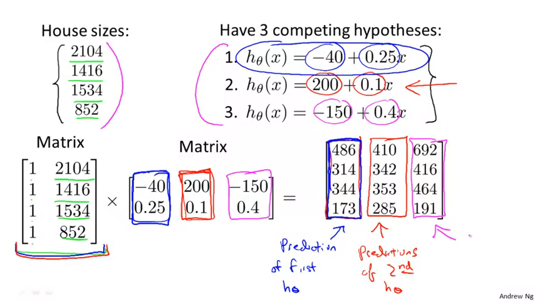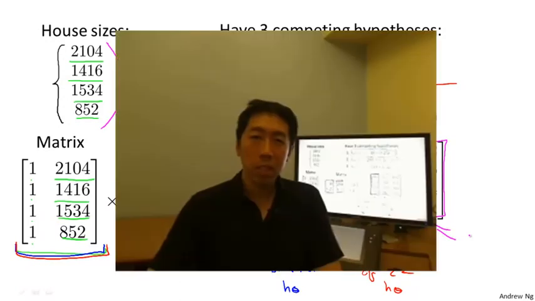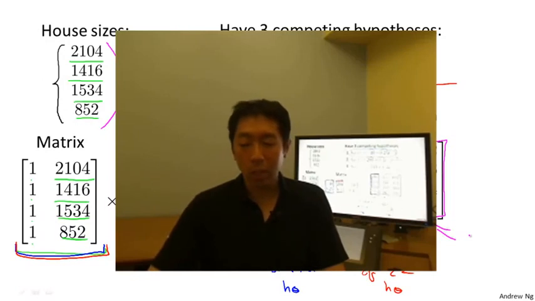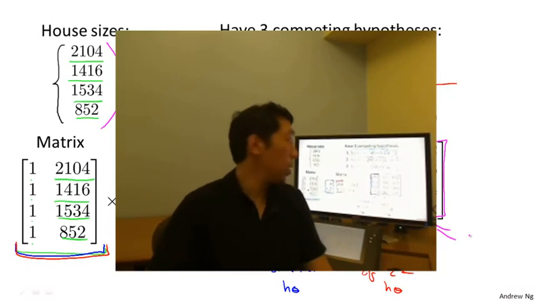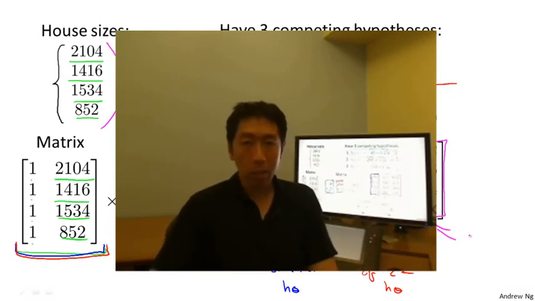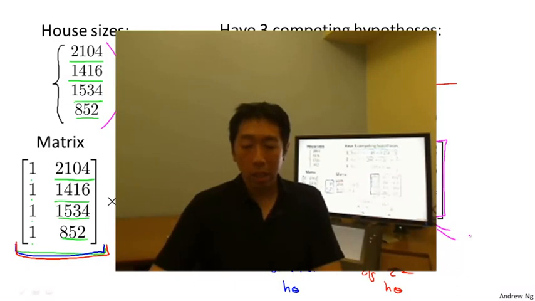And even better, it turns out that in order to do that matrix multiplication, there are lots of good linear algebra libraries in order to do this multiplication step for you. And pretty much any reasonable programming language that you might be using, certainly all the top 10 most popular programming languages, will have great linear algebra libraries. And there'll be good linear algebra libraries that are highly optimized in order to do that matrix multiplication very efficiently,